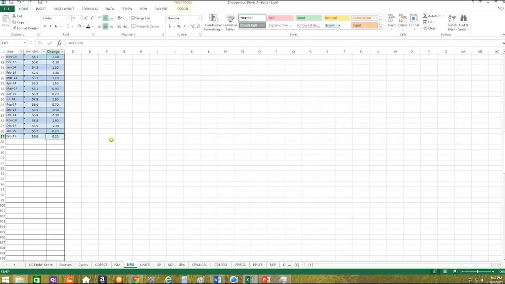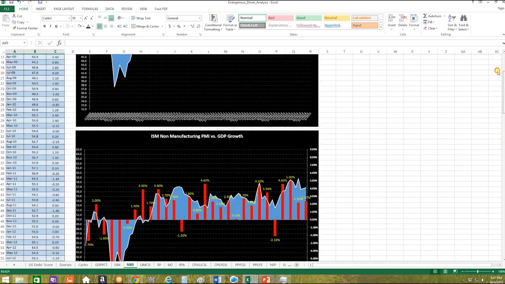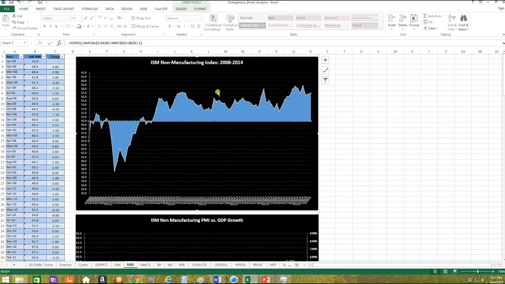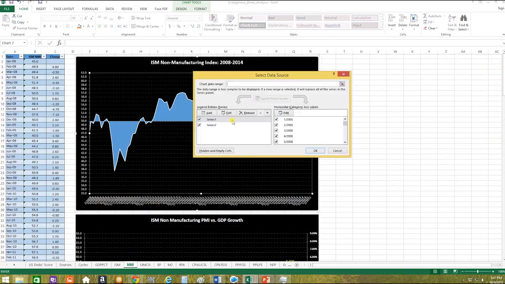The level was 56.9 and the change was 0.2 of a point positive. Now, if you want to continue adding data into the ISM and the non-manufacturing spreadsheet, all you have to do is just add the next line, and you change the dates and data on the charts by going to select data,